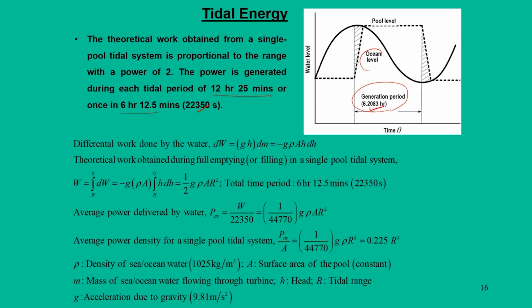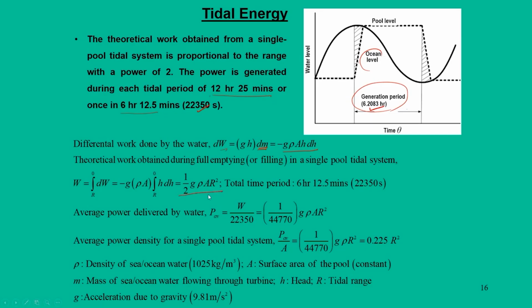This mass we can write as dm, which is density times the volume, so dm equals rho g h term. That density term can be brought into the picture. So we get a differential work, and that differential work can be integrated over the entire height range. This turns out to be the theoretical work obtained for a single pool tidal system, which is half g rho a